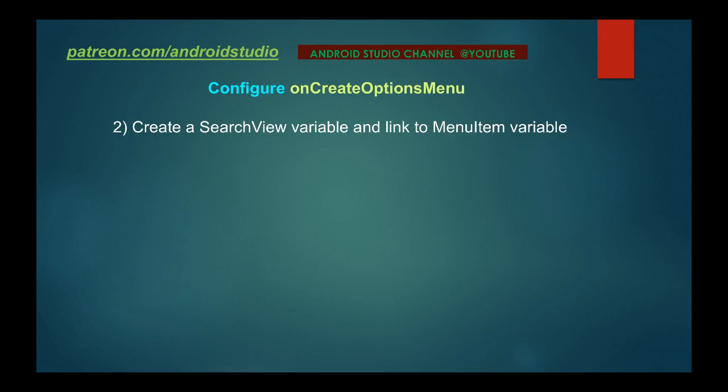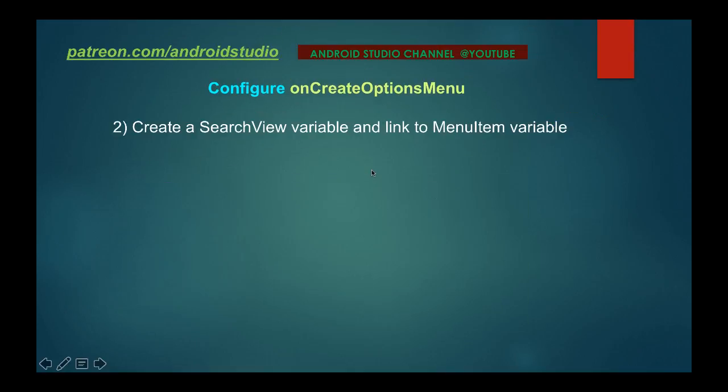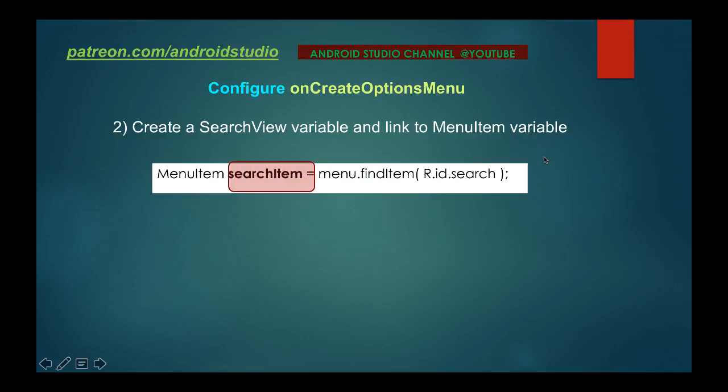Okay, number 2 is create a search view variable or object and link to menu item variable. So the menu item variable is here in step 1, and we named it search item. So we are going to link to that search item variable. The variable being referred to here is the search item. So let's see what that means. This is the one we created in step 1,